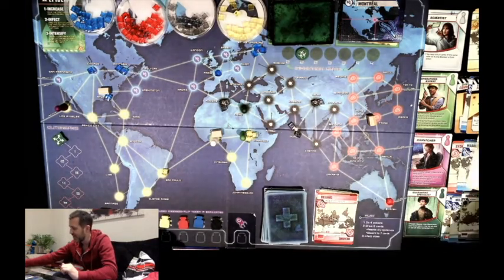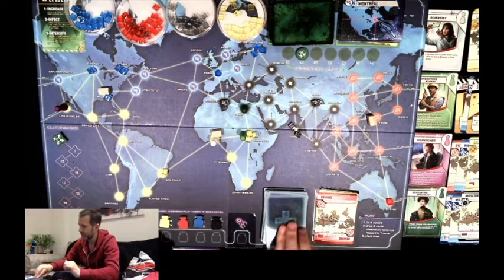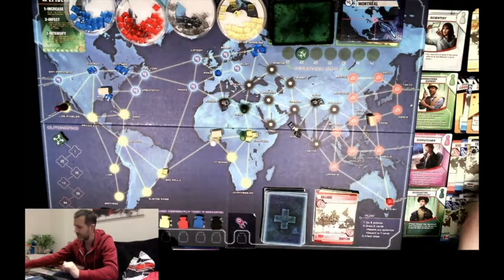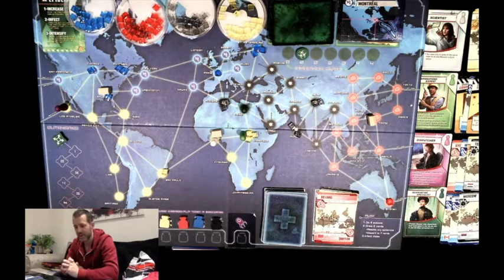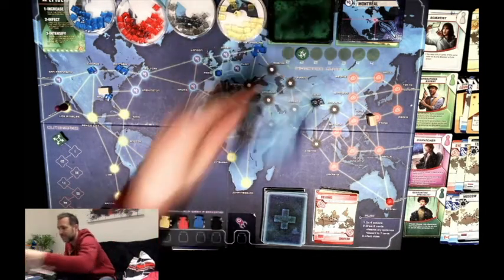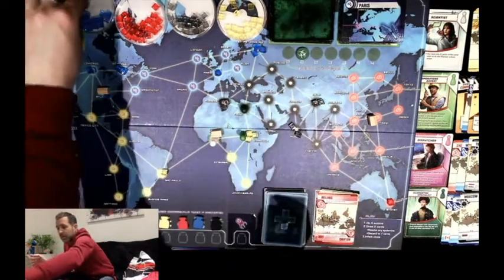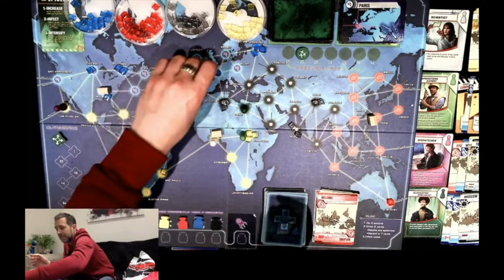It's a yellow card, it's Santiago. And Tehran. Tehran. Okay. It's got one of every colour. That's really unhelpful. And here's the bad cards. Paris. We are very close to...